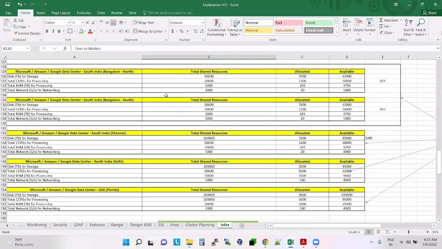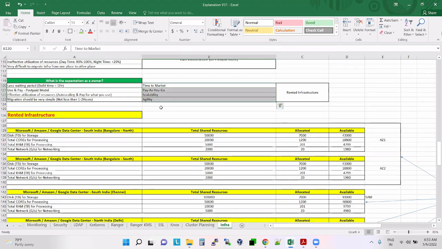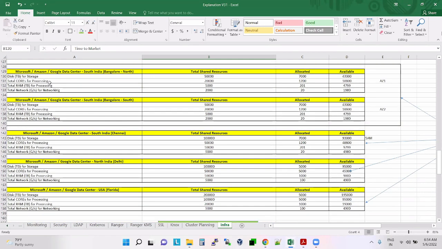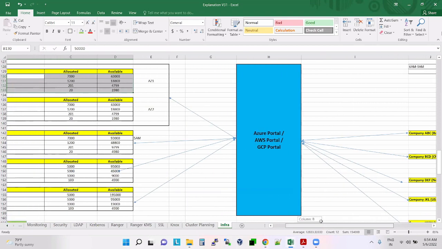Then we understood how companies are providing rented infrastructure. With the help of rented infrastructure, you can achieve all these goals. There are a few companies like Microsoft, Amazon, and Google. They started their data centers with a huge capacity of resources, and they are giving a portal